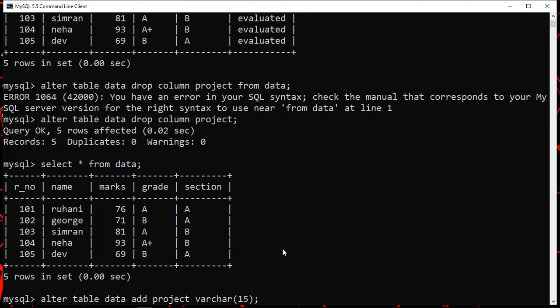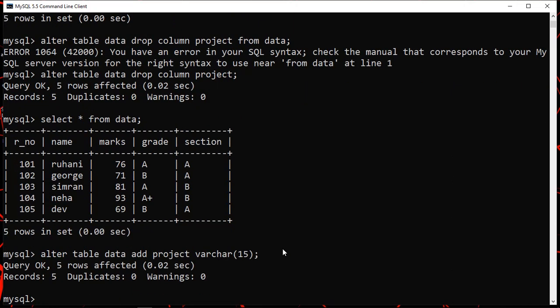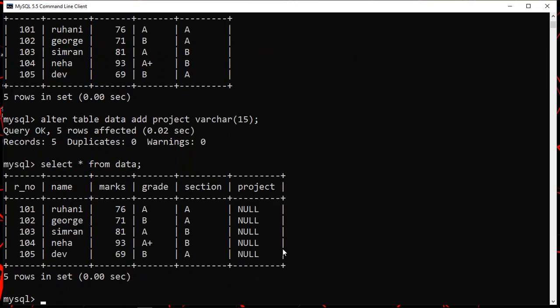Here we press enter. Now we have got the particular field again, and now all the entries are null there. If you want to check, you can check again. Select asterisk from data semicolon, and see all the entries inside this project field are null. Now one way is to update all the values one at a time. You can write directly like this: update data